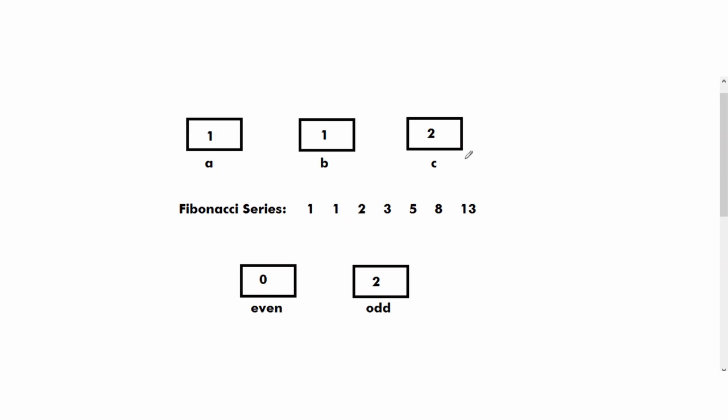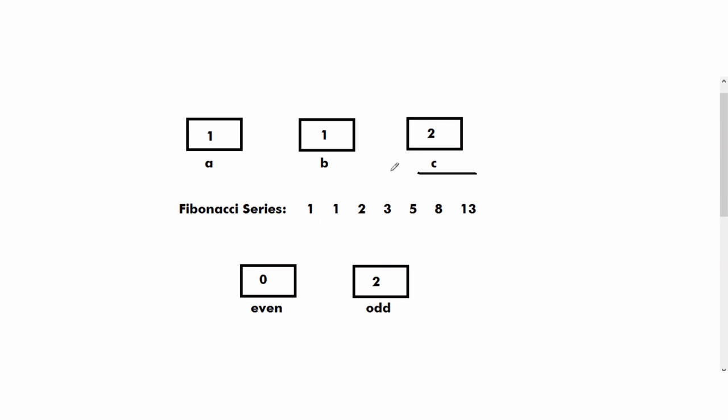Then we will take a for loop and follow a particular process for n number of terms. Every time we will add a and b and store that value in c. If a is 1 and b is 1, then the addition of a and b will give us 2. We will store 2 in this variable c and then display c. This way 1, 1 and 2 will be displayed on the screen.